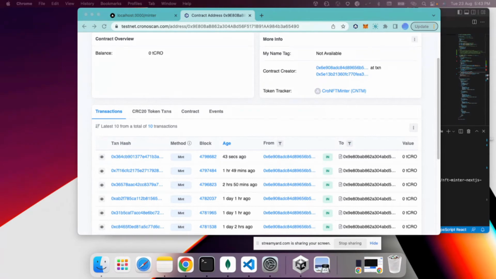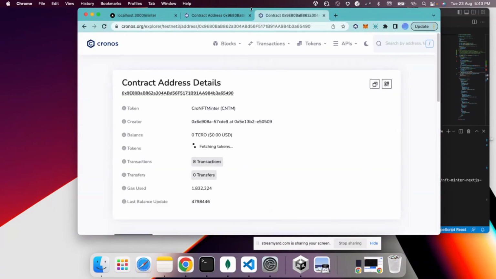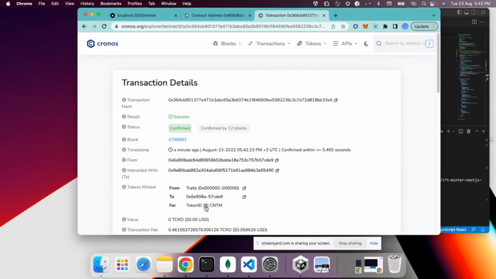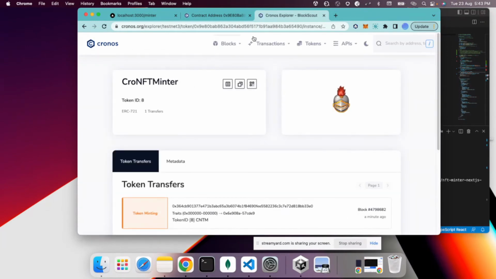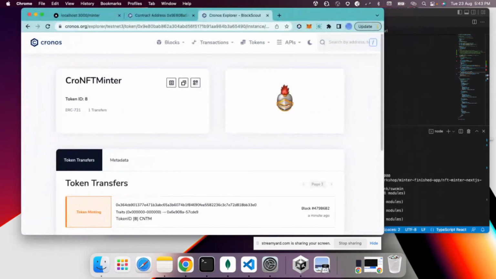We can do this also by using the other explorer, Cronos Explorer. We'll also see that there was a transaction a minute ago. Go and check it, and that's the token ID in here. And here we go, that's the item that we just uploaded. And yeah, now that we minted the legendary Knight helmet, the next thing that we want to do is